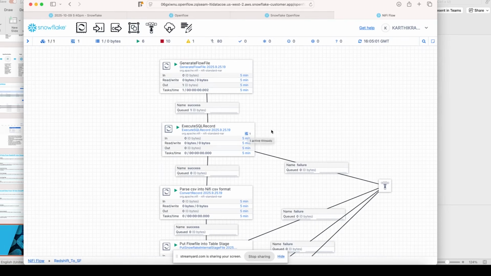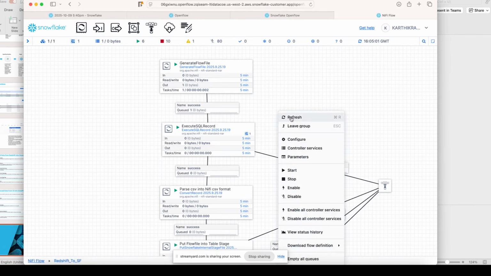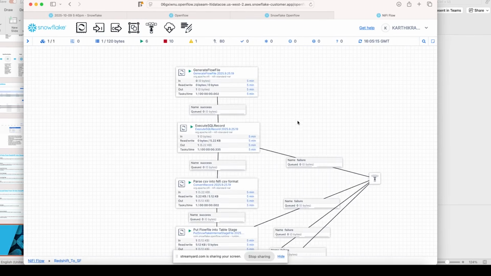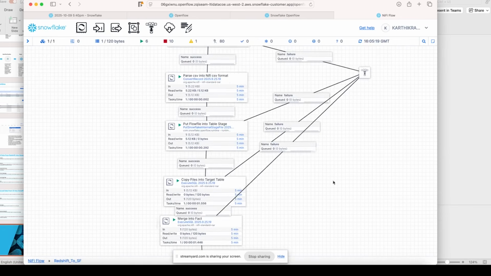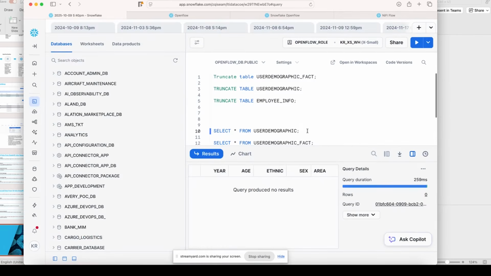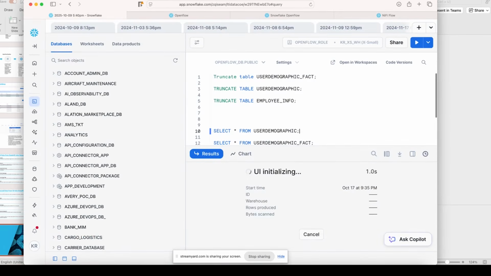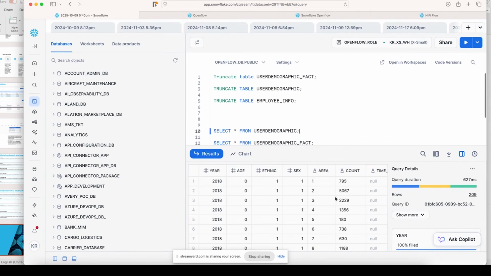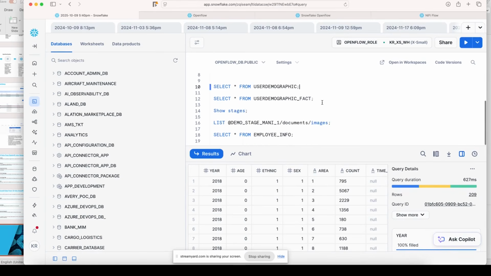To see whether this whole execution completed, I will click on refresh, and it says success. So I can go to the user demographic fact and see the data is already loaded into the intermediate table. And finally, when I check the final fact table,